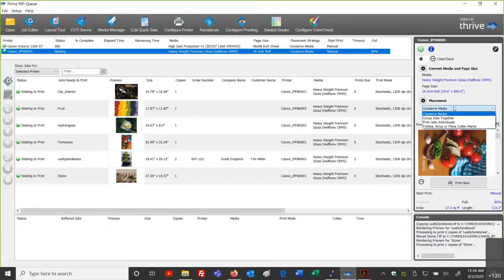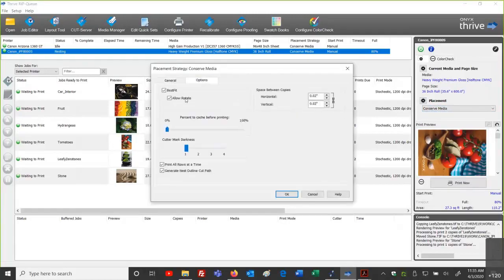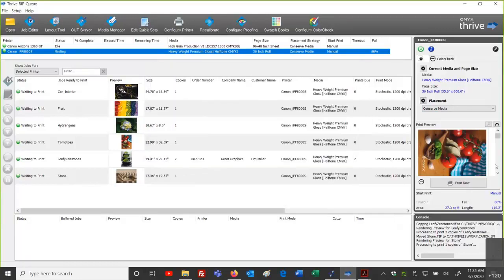We've got these 4 different main nesting strategies. In the conserve media category is where, in the options tab, we can allow for set up best fit and allow rotates. So maybe this is something that we want to utilize to get the most out of our media and get less waste. So percentage full, I'm at 80% full here, so that's the information there.